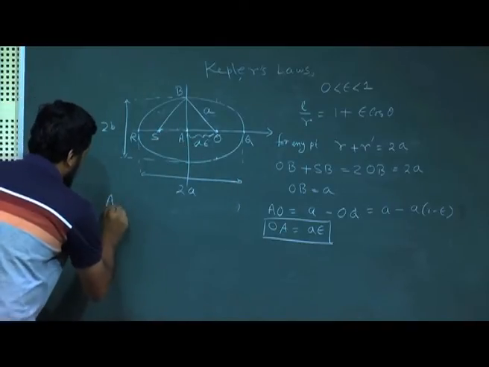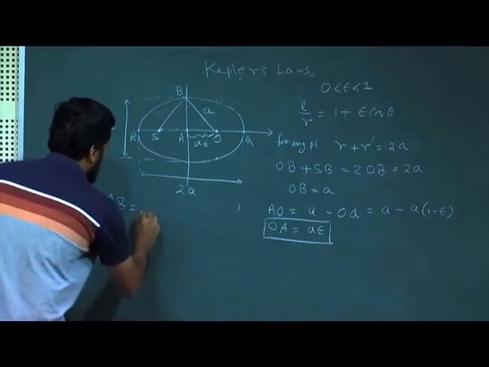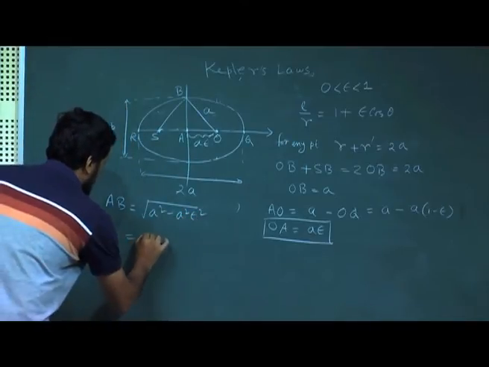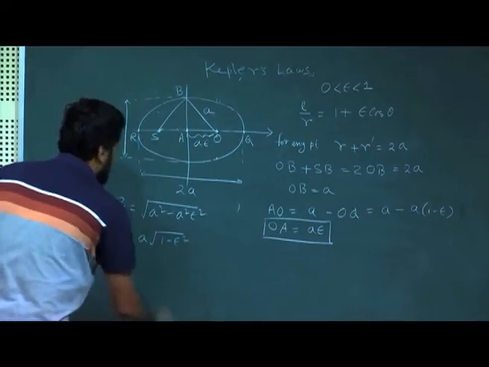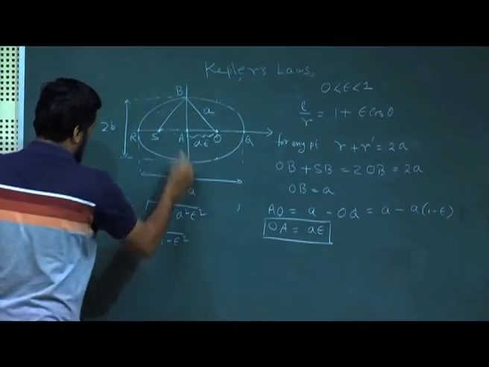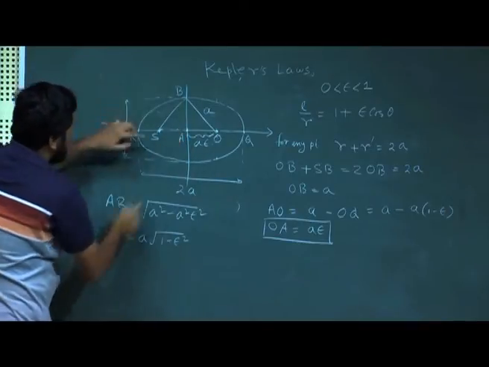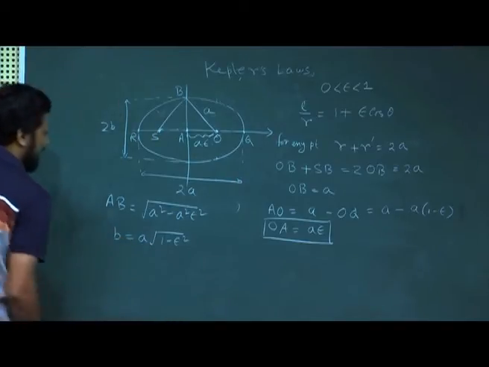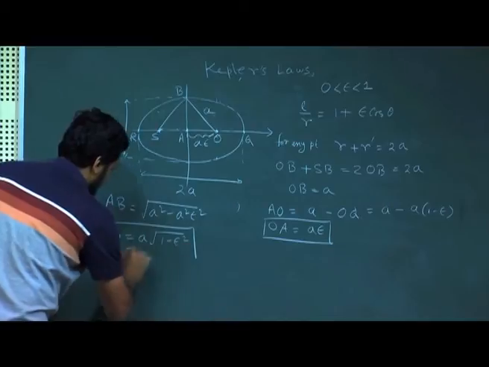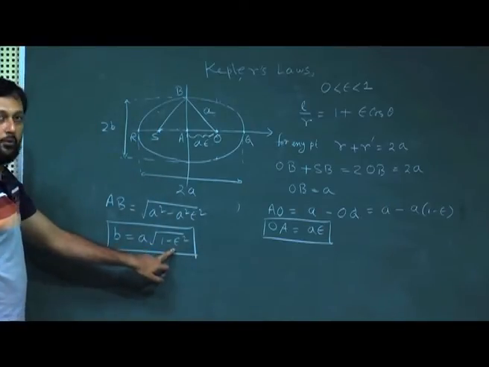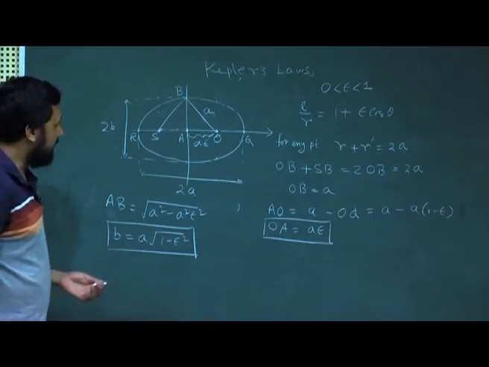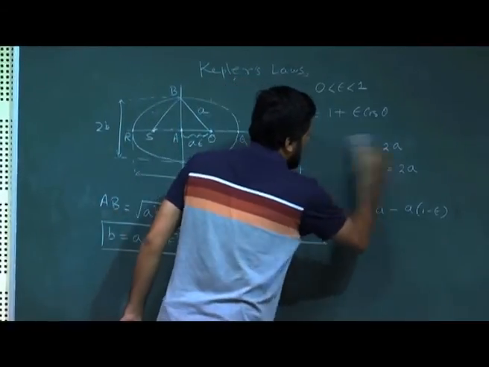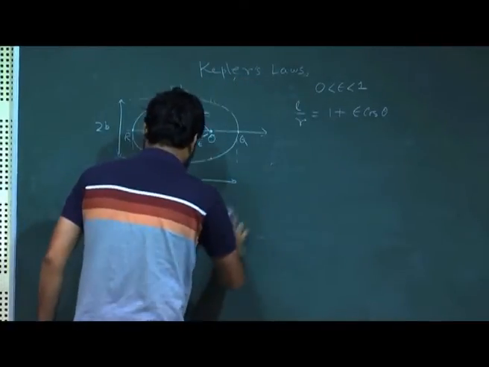So, AB is equal to root over A square minus A square epsilon square, which will be A root over 1 minus epsilon square. And this AB is what? AB is this length, which is the length of the semi-minor axis. So, that will be B. So, B is equal to A into root over 1 minus epsilon square. Right. Now, why do we need all this? We need this because, okay, we will just keep this safe,